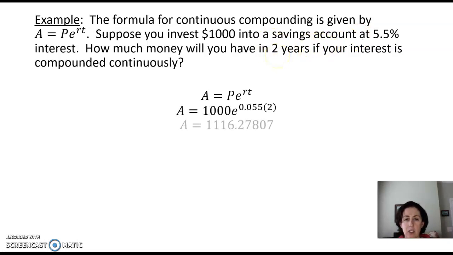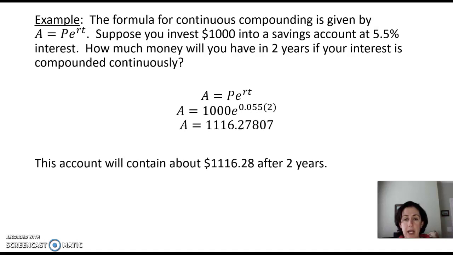Go ahead and do this calculation in our calculator, and then we get 1116.27807. Future value of this account will be money, so we'll round to dollars and cents. And we'll say the account will contain about